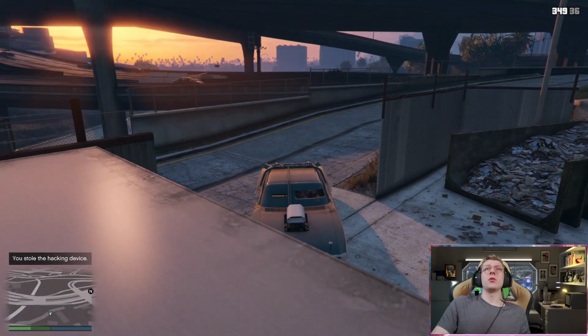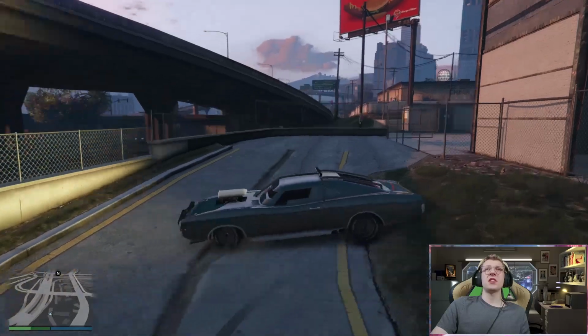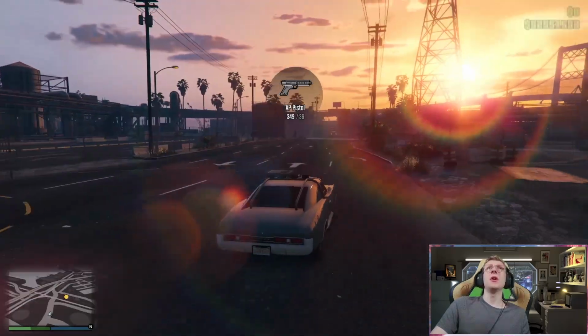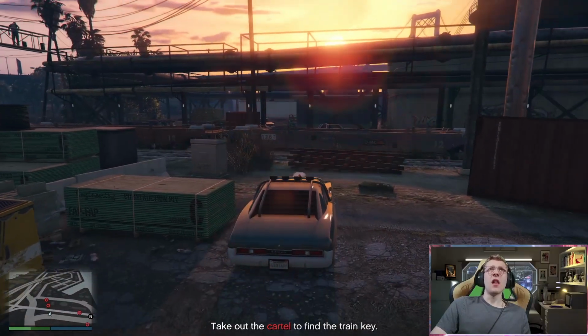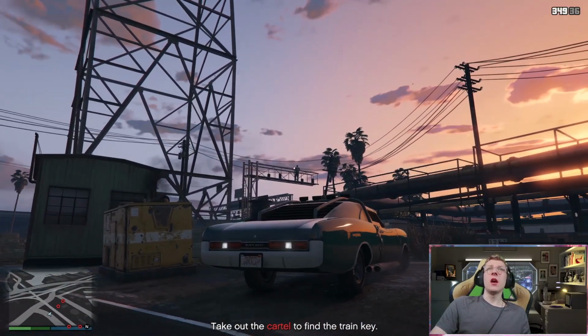So now what we're going to have to do is make our way all the way down to the Merryweather docks, and you're going to see that on my map in just a moment when Vincent stops talking to us. You can see the location we are currently heading to. Now this part might be a little challenging as a beginner just because you do need to clear a lot of cartel members. I would highly recommend to stay inside of your personal vehicle,